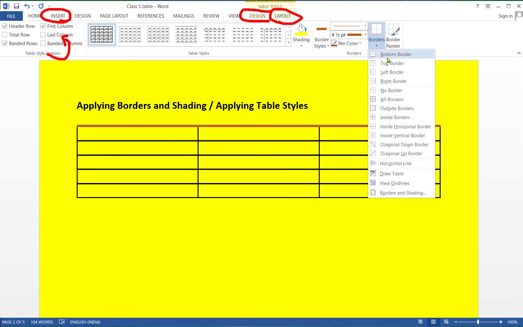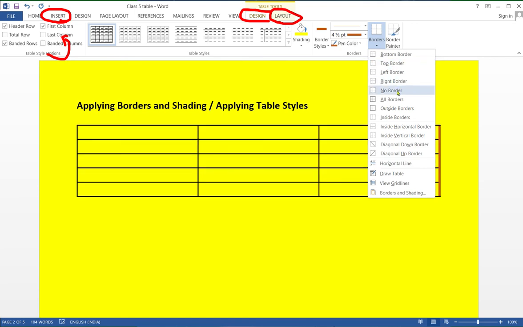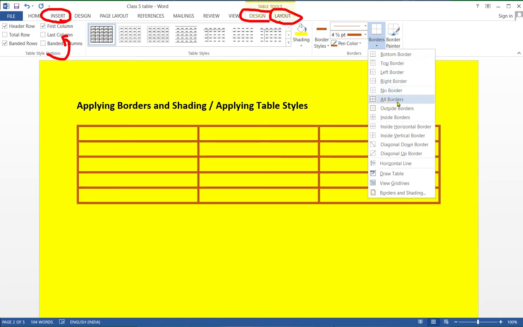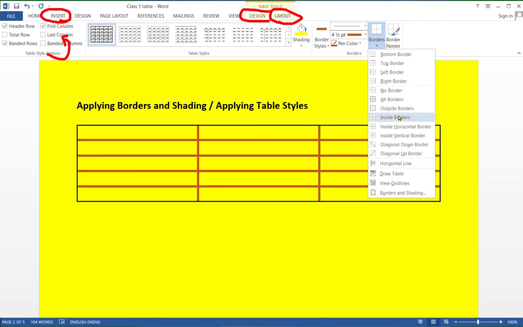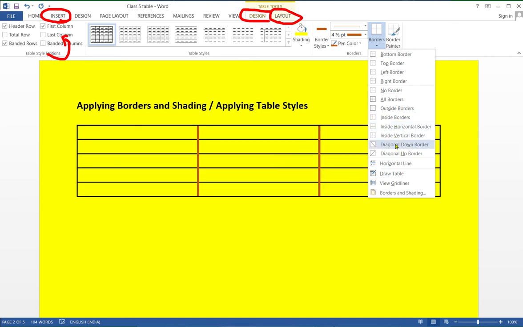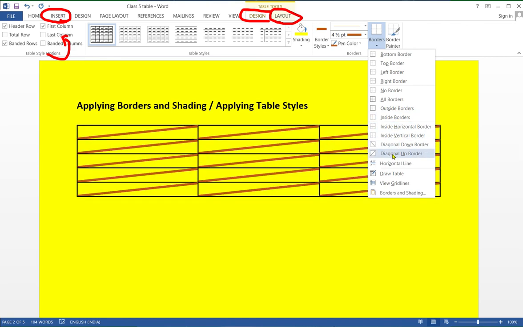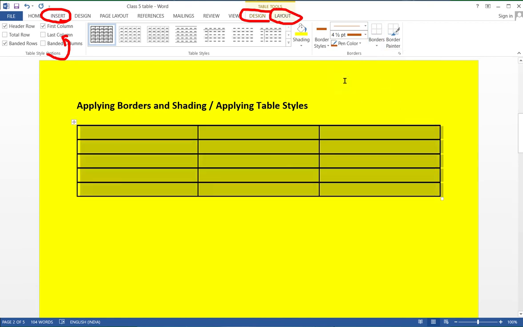Next is borders. From the borders option, you can add borders to your table, or you can remove borders from your table. This is the no border option, all borders, outside borders, inside horizontal border, diagonal down border, diagonal up border. So these are the border options.